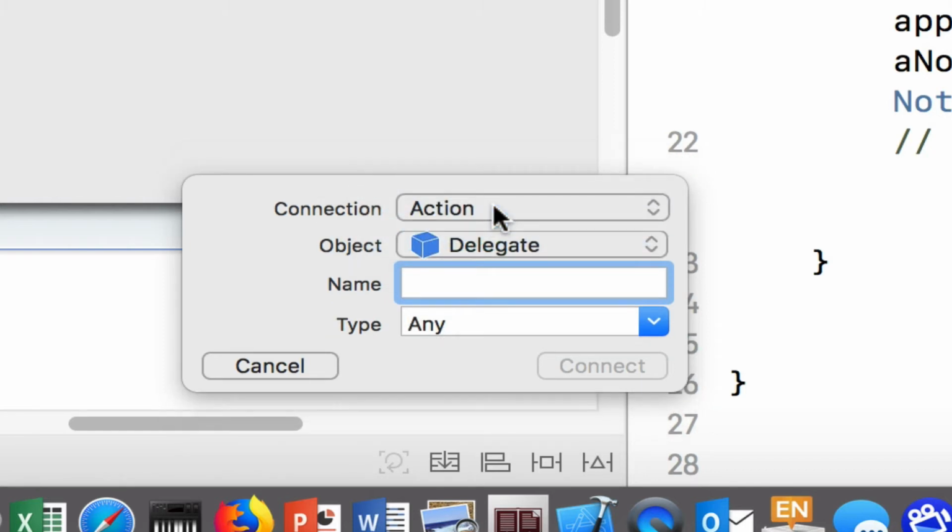Now, unlike what you might expect, this name thing isn't the name of the object per se. It's the name of the function or piece of code that's going to be triggered, or the method, we should more properly call it, that's going to be triggered when this button is clicked. So we want to call it something to do with an action. So I'm going to say